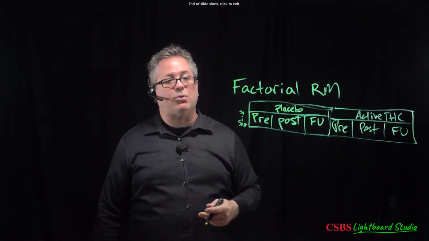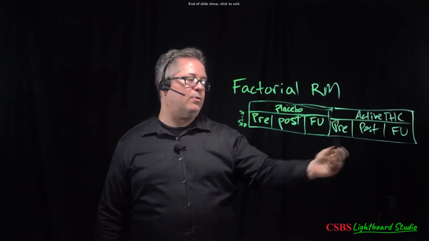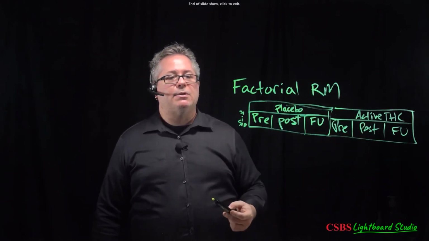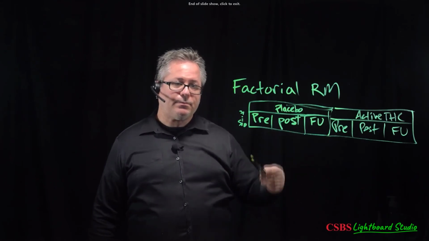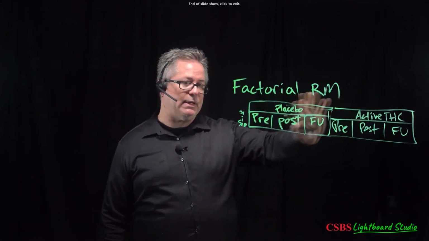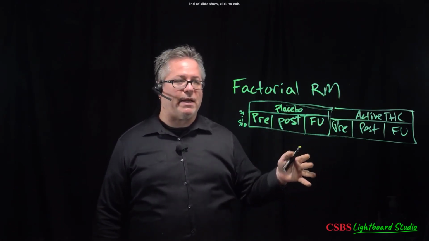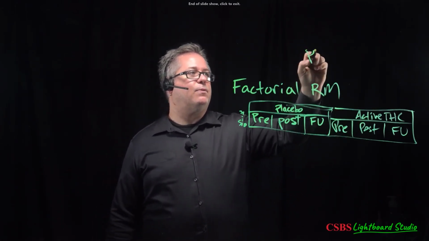You can do this as a factorial repeated measures. You have both placebo and active, pre-post follow-up. You can get the interaction between them. So there is something, factorial repeated measures, that we're not going to cover. It's not in the course, but it is something that exists out there, and you could learn more about it. Again, Psych 485 US